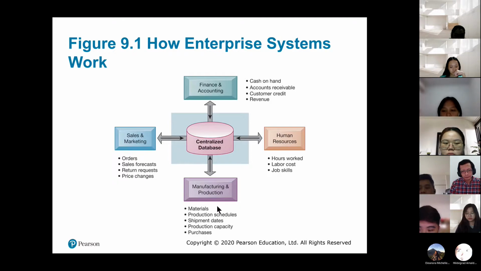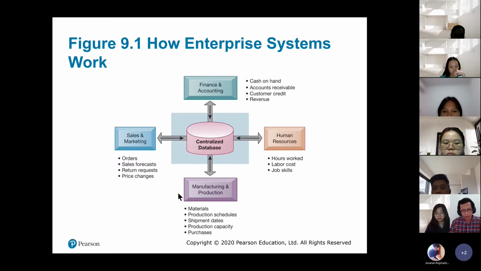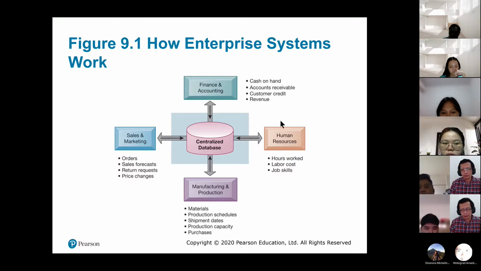The manufacturing will have access to that order. So manufacturing and production immediately know that there is an order, and they should manufacture that product. The human resource will be notified that there is a sale by this particular salesperson, so they will start calculating the commission for the salesperson, perhaps, or see with that sale what percentage of target has been achieved by this salesperson for performance evaluation.